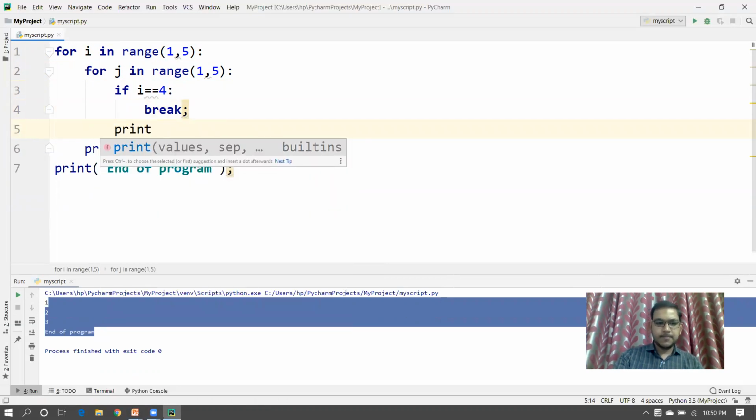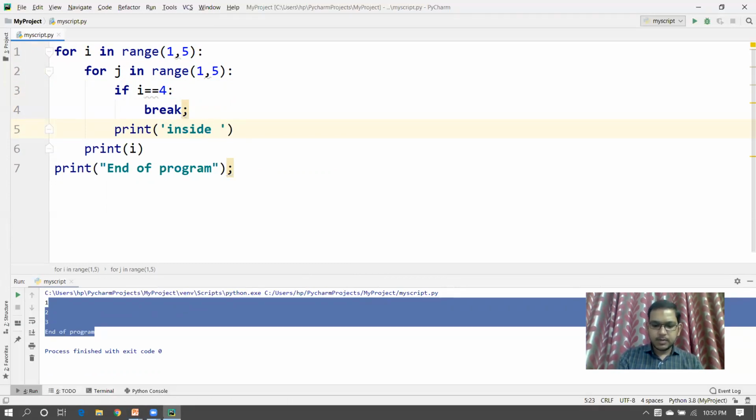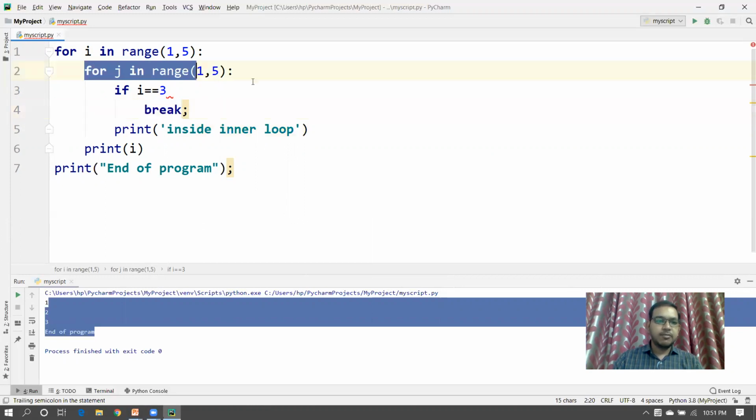Print, inside, I'm writing inside inner loop. So it will execute the inside inner loop. And if i becomes 4, then let's change the condition. If i is equal to 3, then break the loop and come out from this loop. And after this loop, I'm writing one more statement, that is,